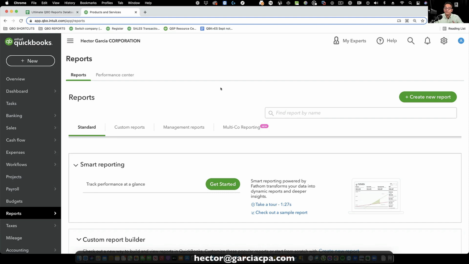Exactly. Yeah, there's so many indirect costs involved that it's really helpful to see the whole big picture. Right. And I promise you that QuickBooks will not automate this where you press a button and it'll automatically tell you how much to pay every employee and put it in their paychecks. However, what we want is to get the report that shows the sales, the cost, if that's the event, if